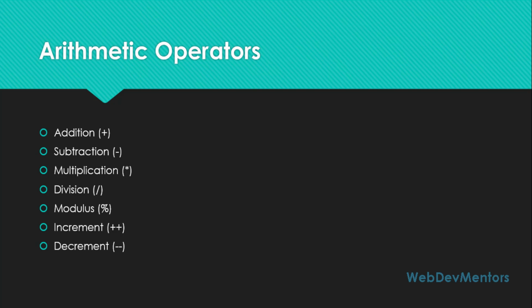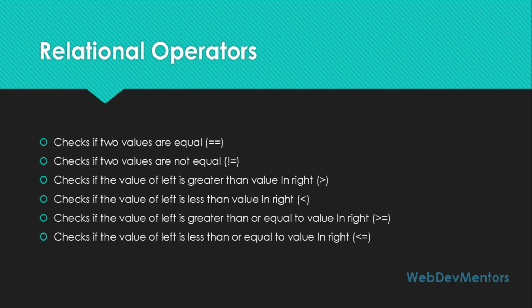So the next set of operators are relational operators. There are different sets of relational operators that you can find. They are equal to, which is going to check whether 2 values are equal, and there is not equal to, that is exclamation and equal to, which is going to check if 2 values are not equal, and then greater than symbol is used to check if the value at the left side is greater than the value on the right side, and less than is going to check if the value of the left side is less than the value on the right side,